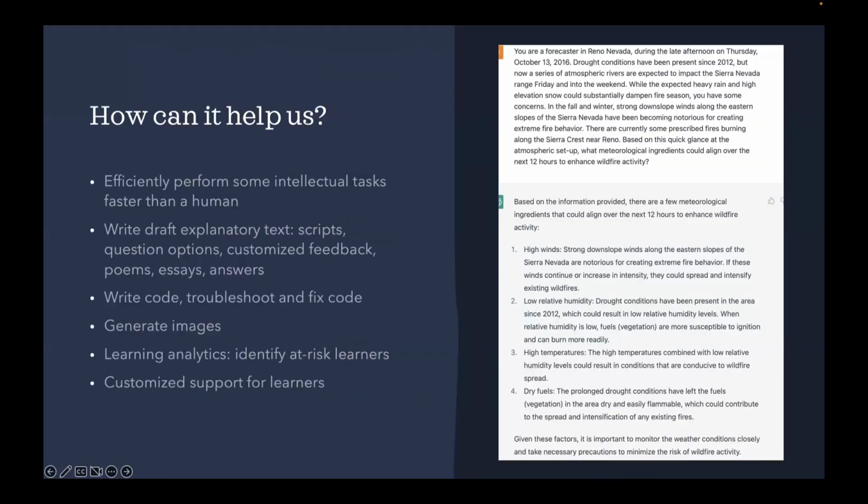So how can AI assist us as trainers? Well, AI at this point can efficiently perform some intellectual tasks faster than a human being. And this is very important. For some time, we had thought that in order for AI to be useful to us, it needs to be smarter than a human being. Most of the AI tools right now are not necessarily smarter than us, but they are more efficient than us